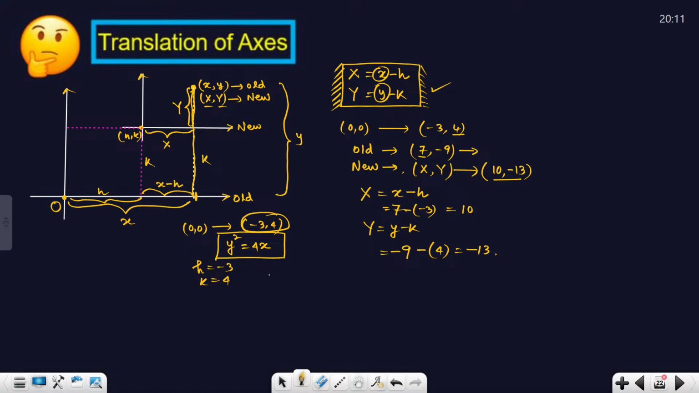Okay. Now, what is your capital X? Capital X is small x minus h, that is x plus 3. Is it clear? So from here we can write your small x is capital X minus 3. And what about your capital Y? It is y minus k, that is y minus 4. So from here we can write y is nothing but capital Y plus 4. Clear? So the original equation,